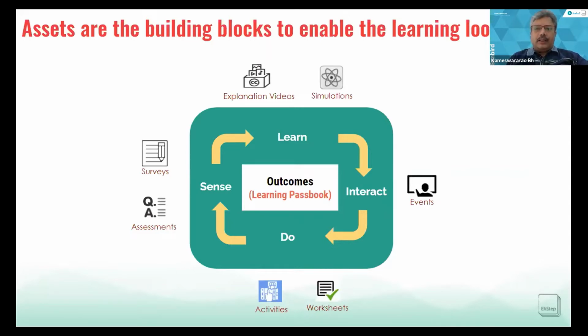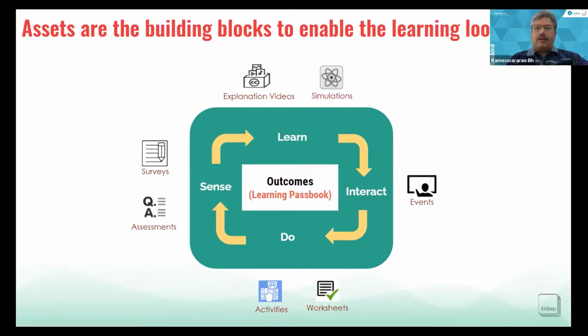It could be things like worksheets, activities, or actions which are the assets used to perform certain actions. And it could be certain events which can be used for interactions, either between the learners or between the learners and the instructors. And then we also have assets like surveys, assessments, and so on and so forth, which can be used in the sense action, right?